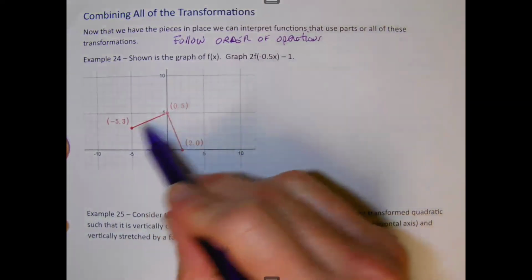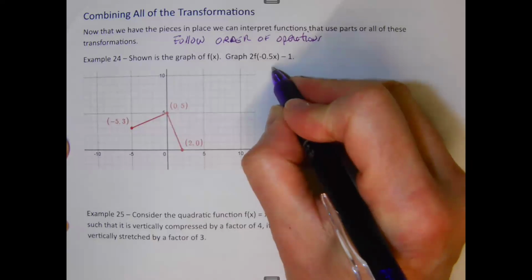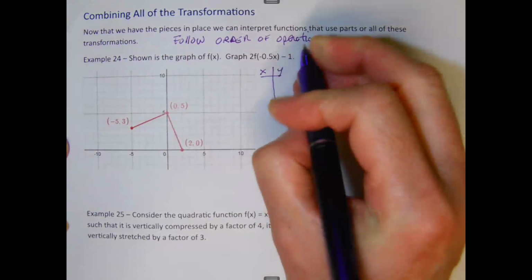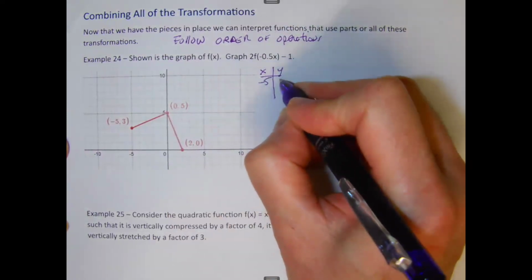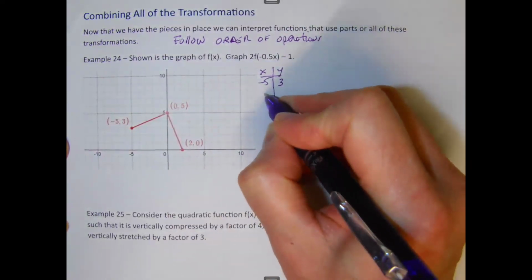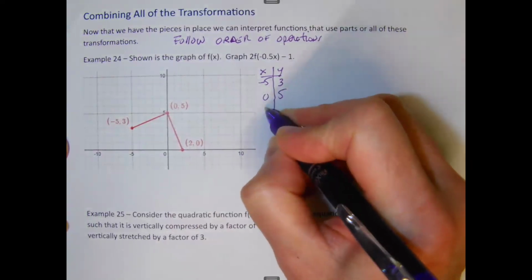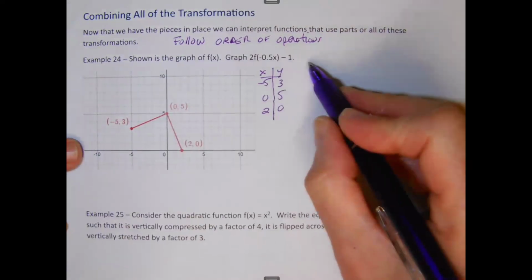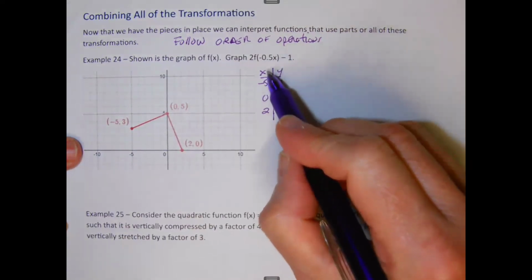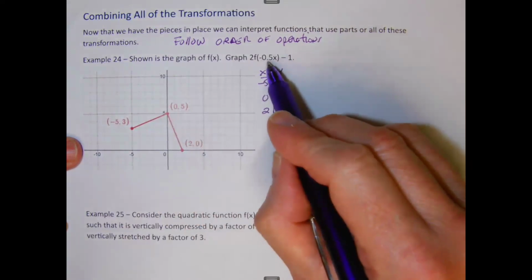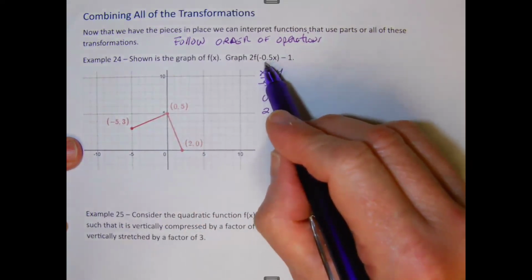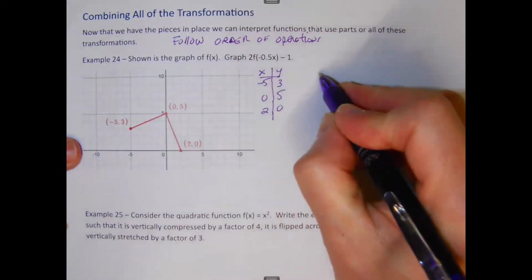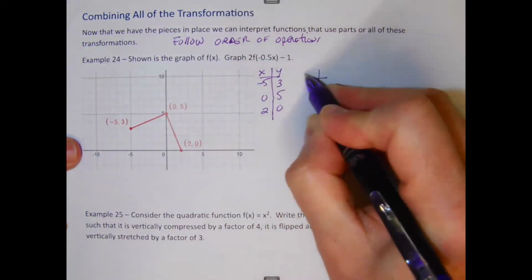So I have these points. Let's denote what they are. They're already graphed, which is great. Now think about the order of operations. As you have the same thing here, the first thing that's going to happen is that I'm going to multiply the input by negative 0.5. So let's apply that rule first,